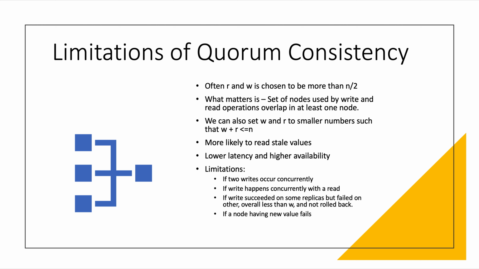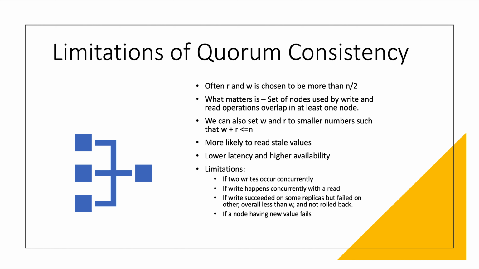The next possible scenario is if a write succeeded on some of the replicas but failed on the others, and overall succeeded on fewer than n replicas, and it is also not rolled back on the replicas where it succeeded. This means that if a write was reported as failed, subsequent reads must not return values from those nodes which have the successful write. So if a node carrying a new value fails and its data is restored from a replica carrying an old value, then the number of replicas storing the new value may fall below W, thus breaking the quorum condition.